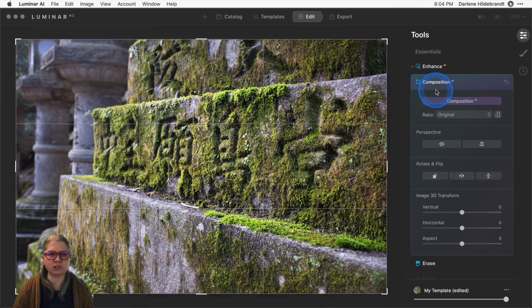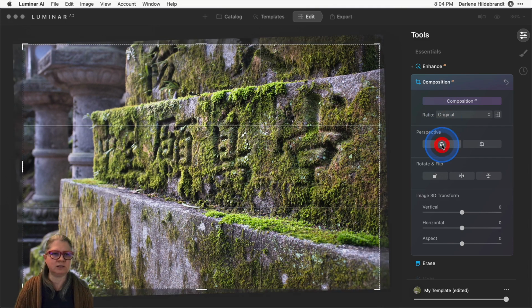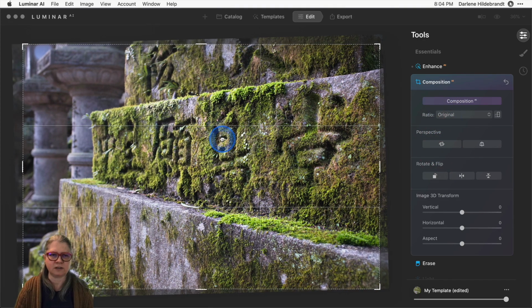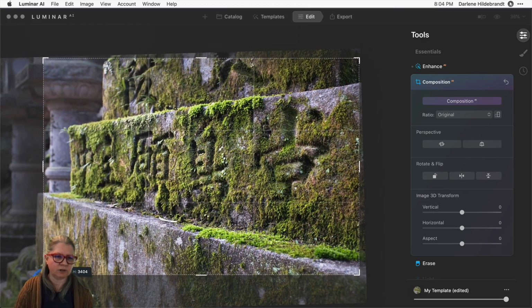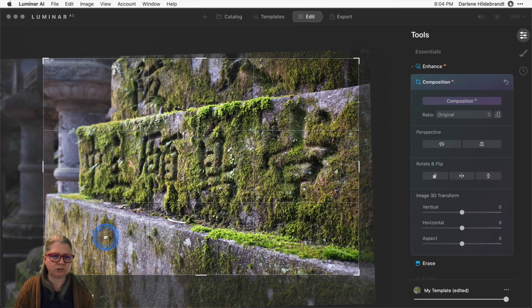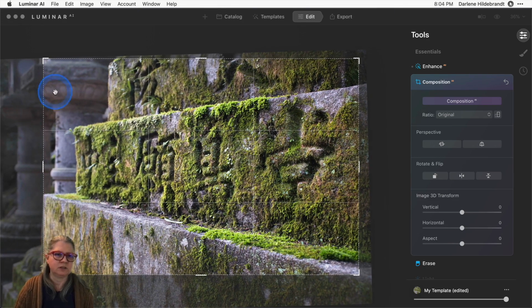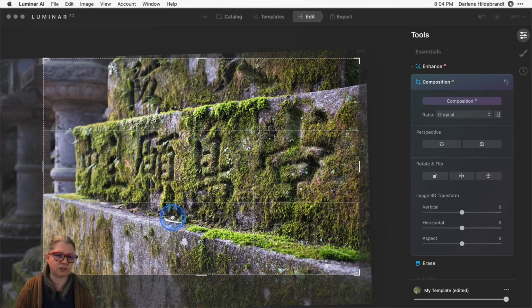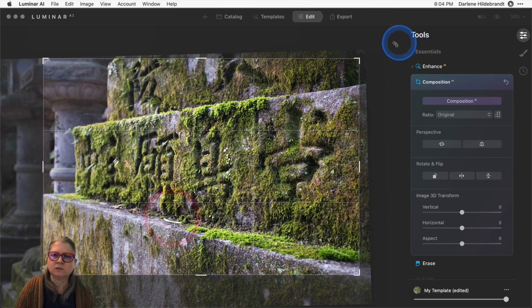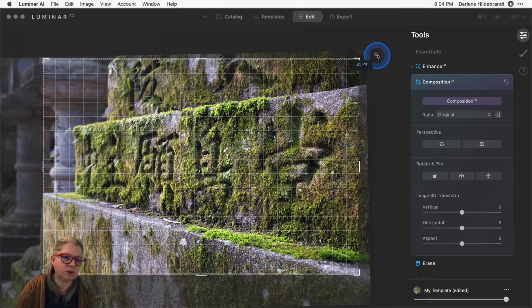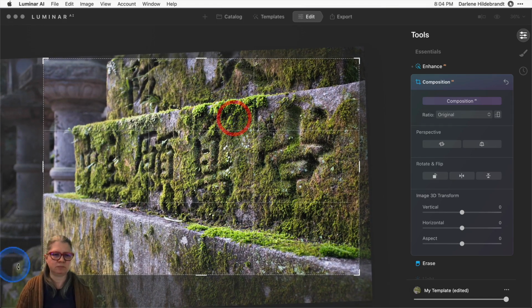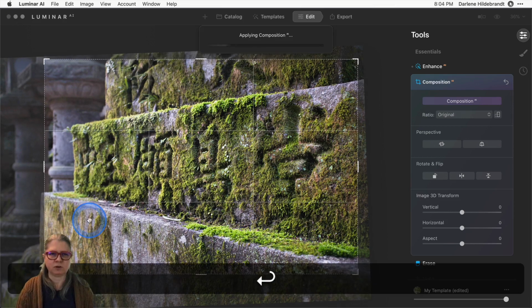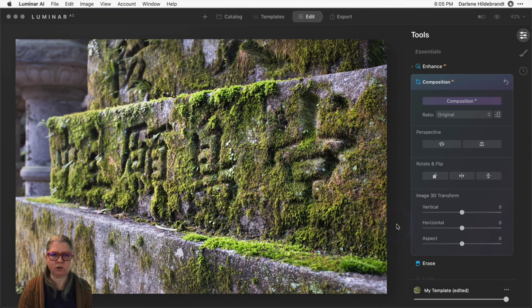I'm going to do the composition again real quick. Correct the tilt because I think it's crooked. Yes, it is. And I want to come in close enough to get rid of this highlight on the bottom left corner here, but I want to make sure that I have the edge of this column. Okay, so there's kind of a fine direction of cropping here, about like that, maybe a little tighter. Accept the crop. So let's look at the before and after.